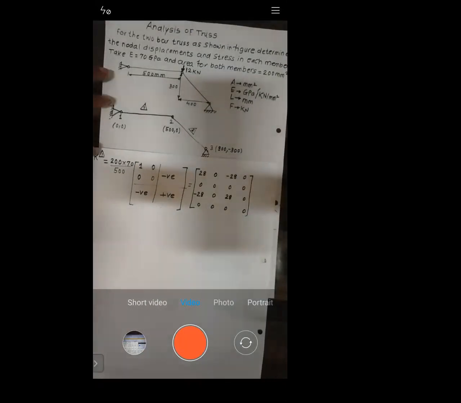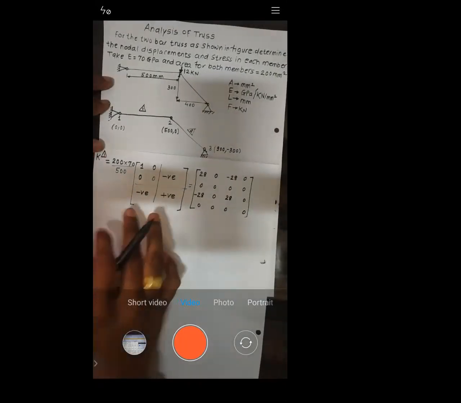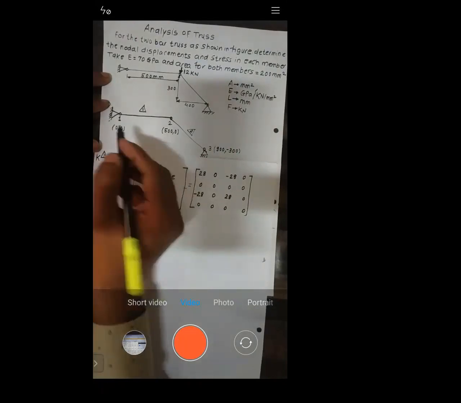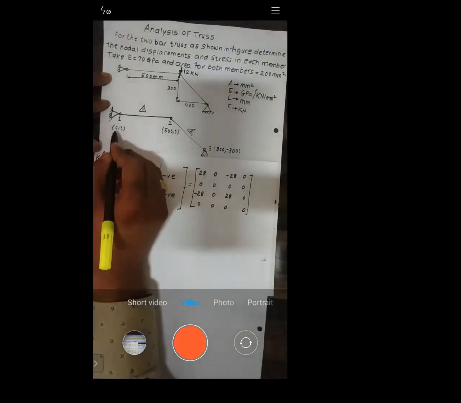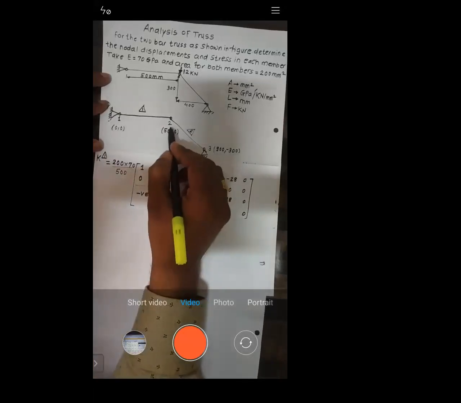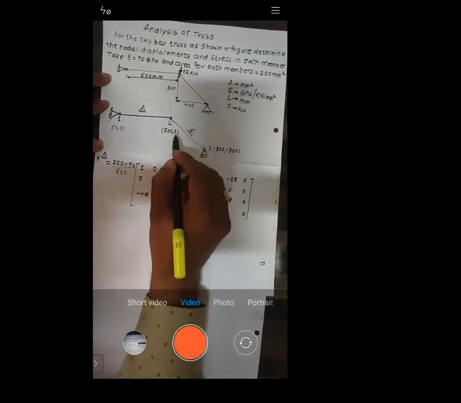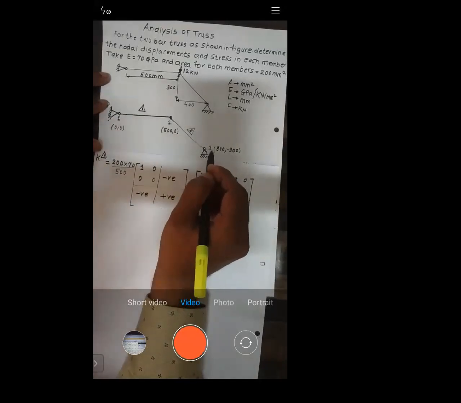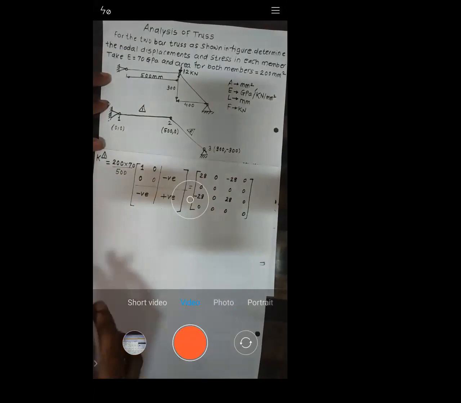So I need to assign those degrees of freedom here. Node 1 can move in x, similarly node 1 can move in y. Node 2 can move in x, as well as in y. Similarly, node 3 can move in x, and node 3 can move in y. Now the question will be,